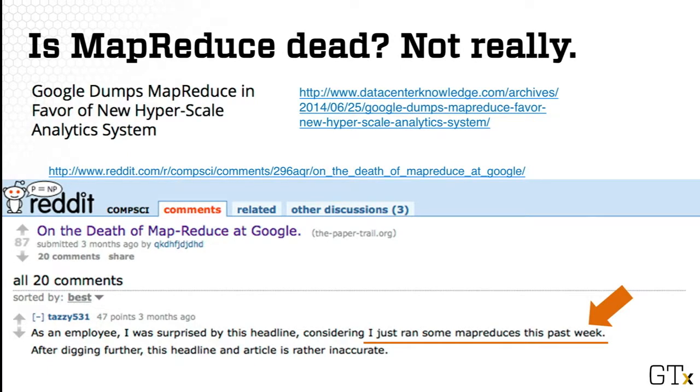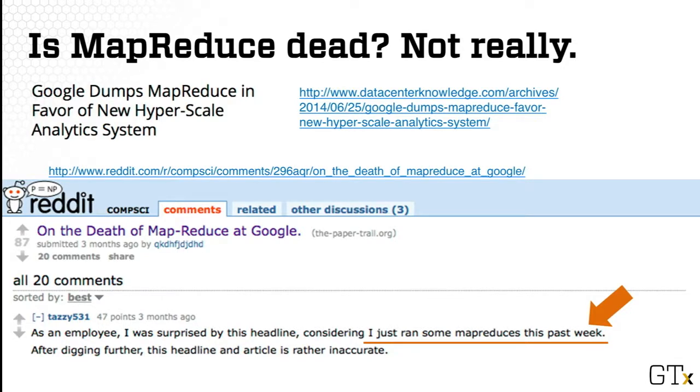One misconception that many people have is that they think MapReduce is dead, especially after they have read articles that suggest Google has dumped MapReduce. This is not true for multiple reasons. First, MapReduce is a programming model. Many higher-level technologies are actually built on top of it. For example, a Pig program or Hive program are converted into MapReduce programs.